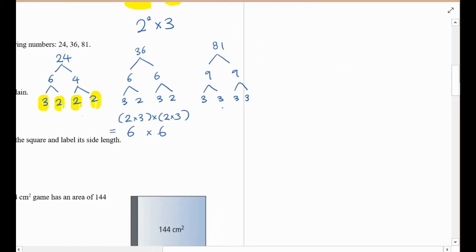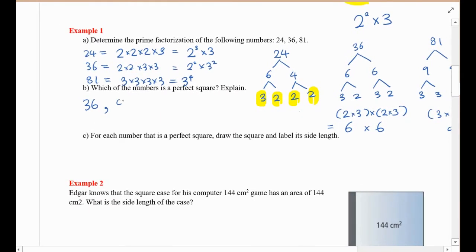And 81, same thing. 2 groups, 3 and 3, 3 and 3. You could equally split those numbers into 2 groups. So 3 times 3 is 9. 3 times 3 is 9. So 81 is 9 squared. Therefore, 81 is a perfect square. Right? Okay, so 36 is 6 squared. 81 is 9 squared. Okay, for each number that is a perfect square, draw the square and label its side